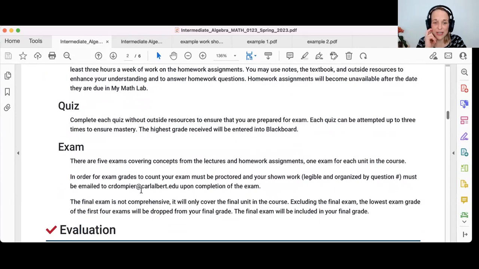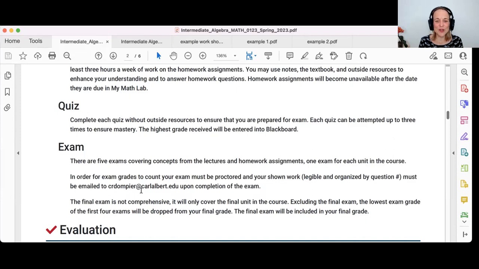And then there are 5 exams. The exams must be proctored, so that means you're either using an HonorLock application, which we go over in Blackboard, or you have a math teacher or a proctoring service or a librarian, something like that, who can proctor you for the exams. That person emails me, and I let them know the expectations for proctoring. You are welcome to find a human proctor, but it has to be a math teacher, a librarian, someone who is used to proctoring math exams, okay? Email me if you have questions about that. Don't hesitate to email me.